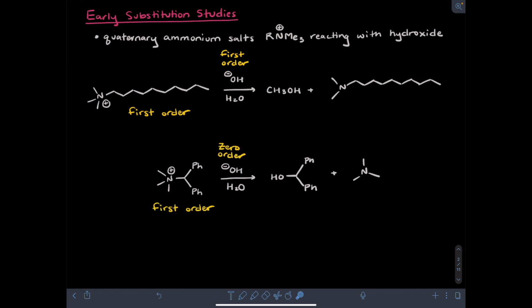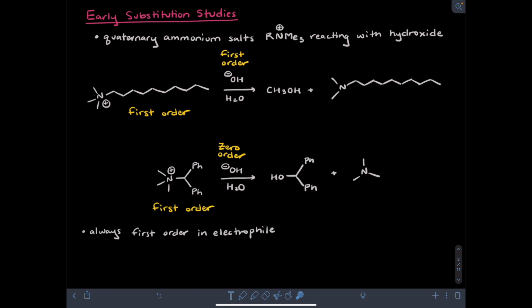In this case, the reaction was determined by kinetics experiments to be first order in the electrophilic ammonium salt, yet 0 order in hydroxide. So these fundamental experiments exposed a couple of things. 1, the group of the ammonium salt that reacts varies between these 2 different studies, and the kinetic behavior varies as well. From studying a whole range of ammonium salts, the authors found that the reaction is always first order